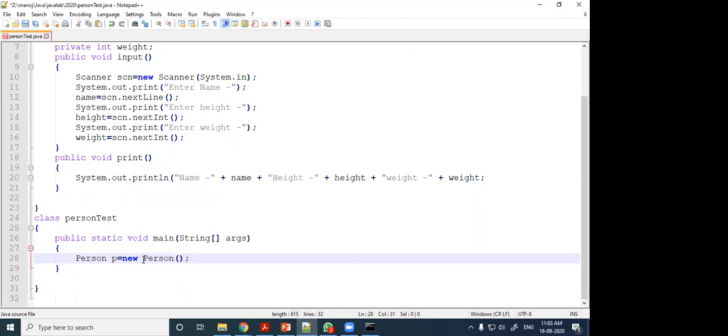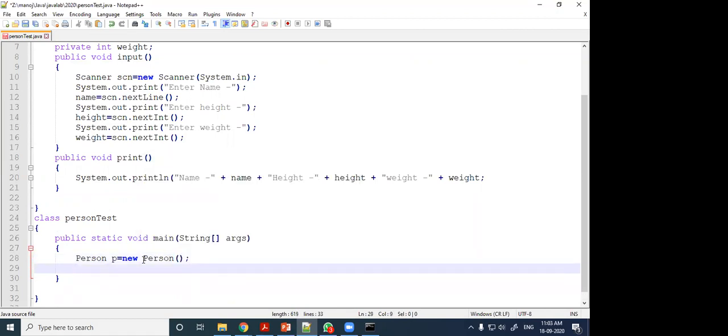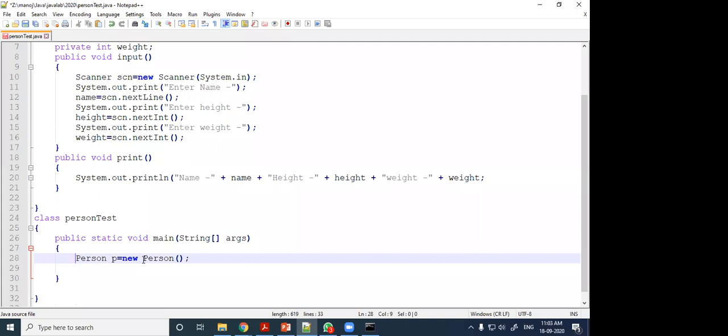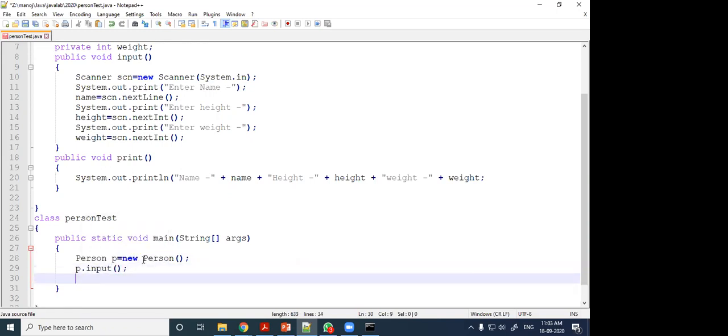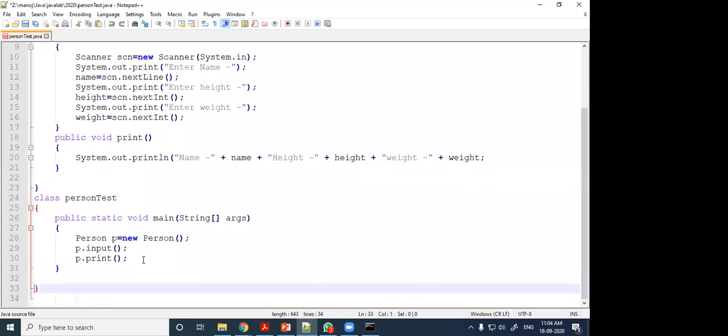So directly I can write like this, or else I can write Person P, then P equal to new Person. In two ways you can write. Then I will call the input function: P dot input. Input function will be called. Then P dot print, print function will be called. I typed wrong.